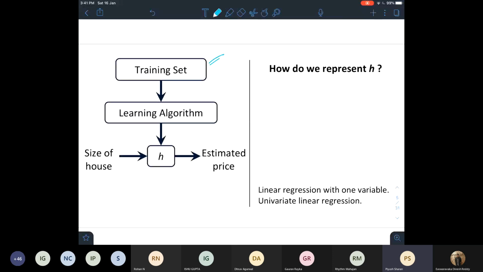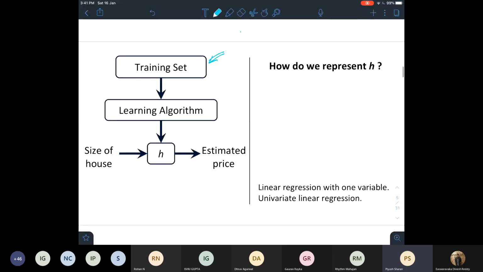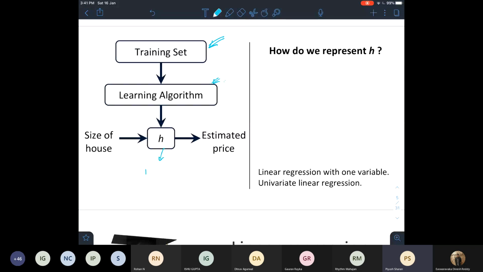So how do we do this? We have the training set initially. It is the data of the x and y coordinates of the above plot, and then we put it through some learning algorithm, right? This h is called the hypothesis function. It is represented as h theta of x.